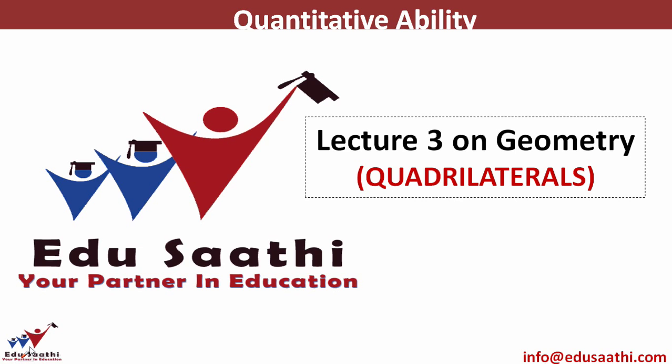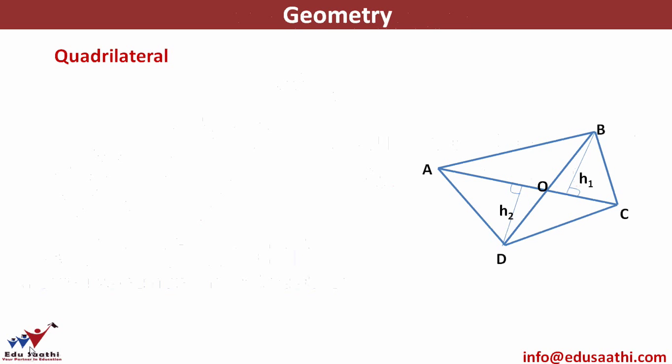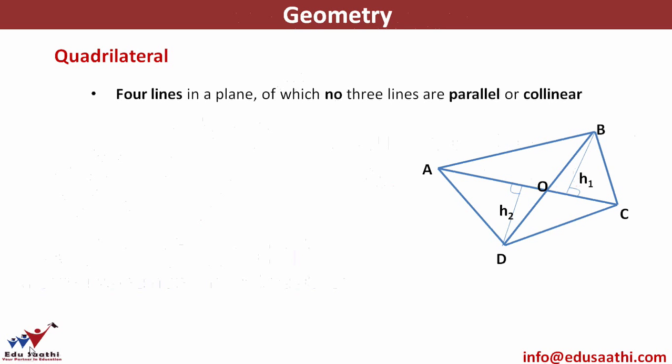Now we'll be covering the topic of quadrilaterals. Quadrilateral. A quadrilateral is a four-sided figure, or there are four lines in a plane of which no three lines are either